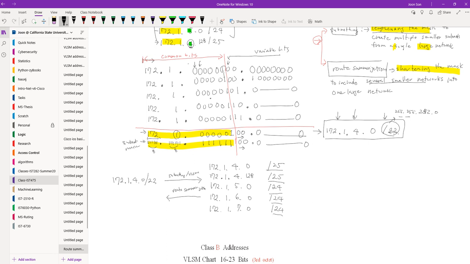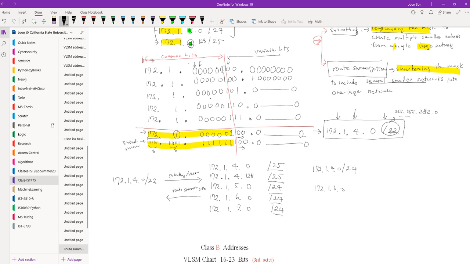I know a couple of you have already noticed: the /24 network is subnetted further into two /25 networks. So originally you have 172.1.4.0/24, and then 172.1.5.0/24,